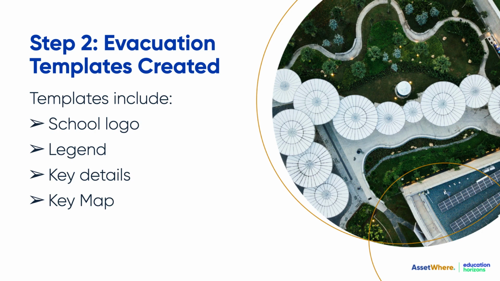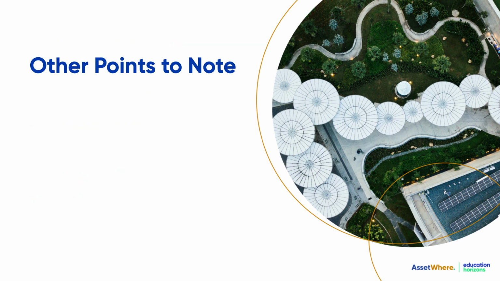And once the template's done, then the room maps can be printed in either A4 or A3 and placed in each room. Now there are some other points to note. So once the template has been created, the AssetWhere team will work with your school to update your maps as required. For example, when a wall is removed to make a room larger,